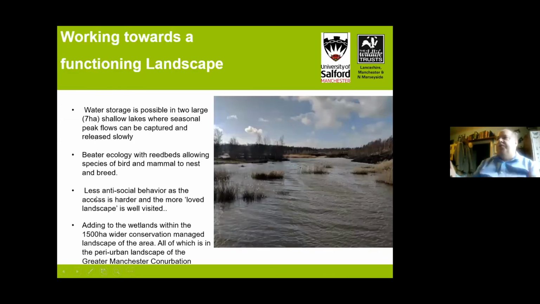You can see there the way the flood defence works operate, that when we get these high levels of rainfall that we're experiencing more and more, the water level is now stored within the wider landscape.